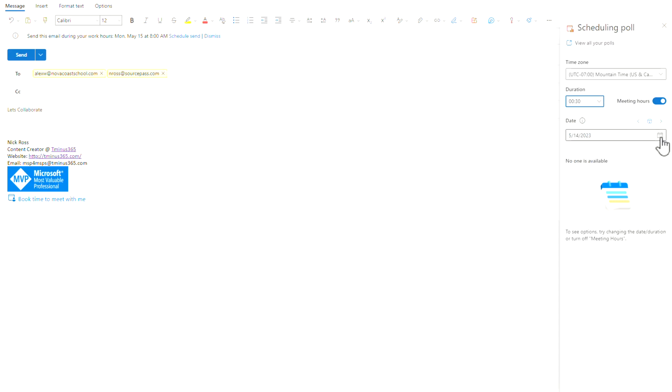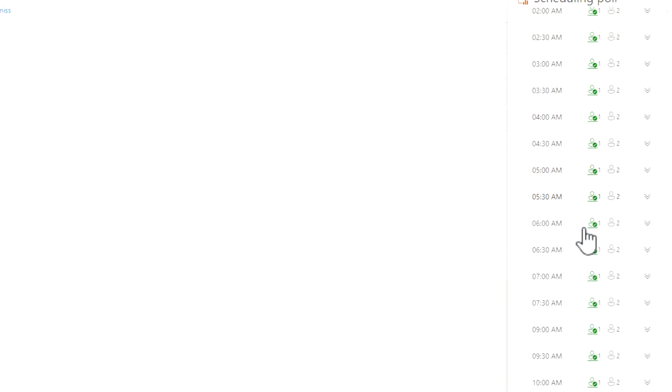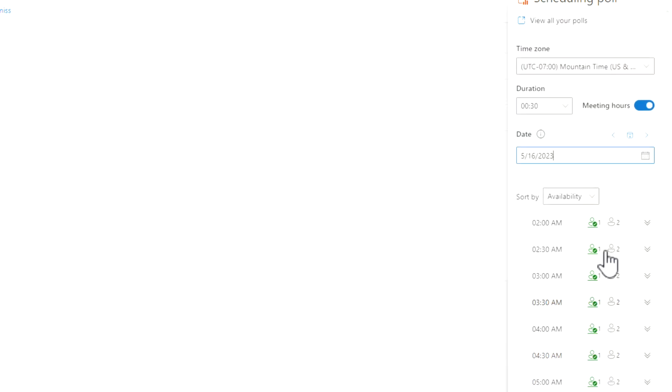And then from there, you can start to pick out the dates. Because this is defaulting to a Saturday, it's saying that nothing's available. But if I move into the next week, I can begin to see all of the available hours. And effectively here it's saying I understand my calendar, as in Nick in this use case, but I don't know